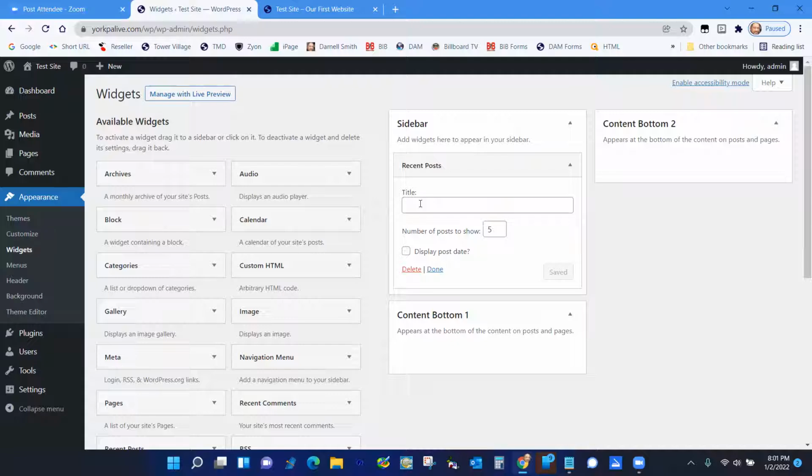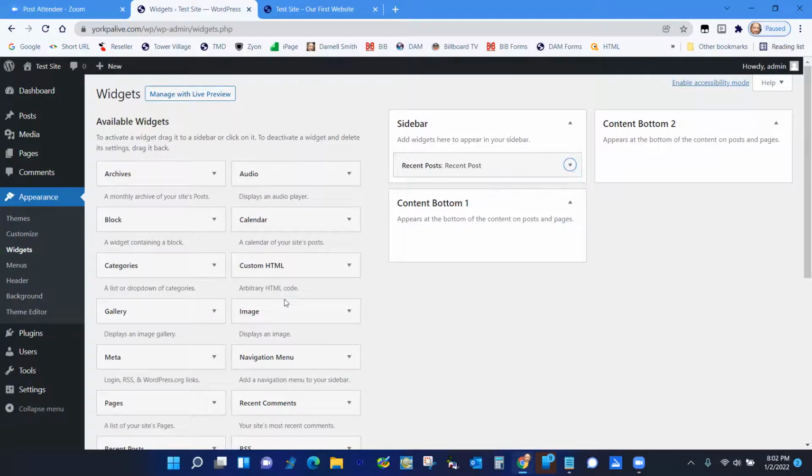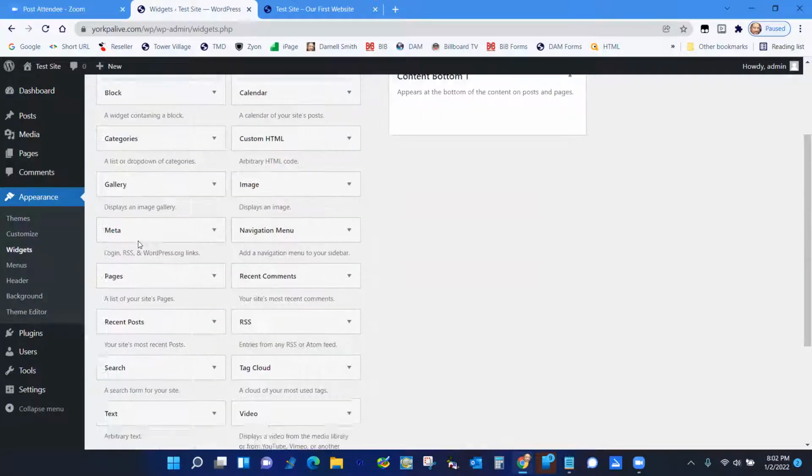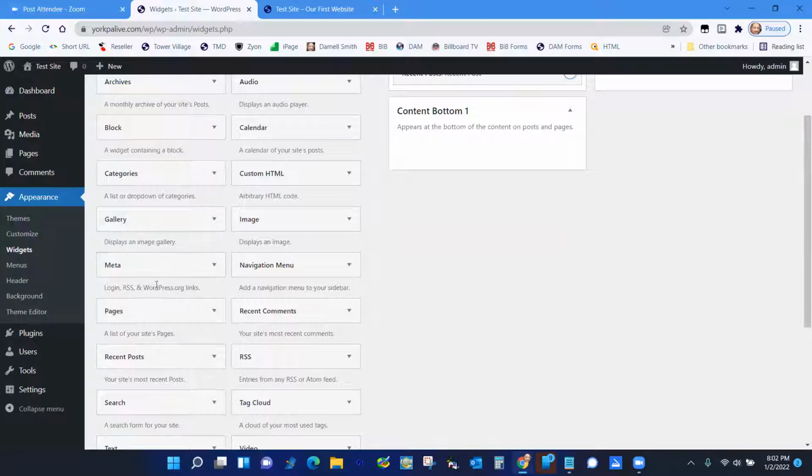There's some settings in some of these widgets, so I'll leave it the way it is. And I can rename it if I want. I'll say recent post, the same thing it already had, but you can title it, save it, roll it up. Let's go get something else. There's something called Meta, which gives you like a login and stuff, which I don't use, but for this instance,